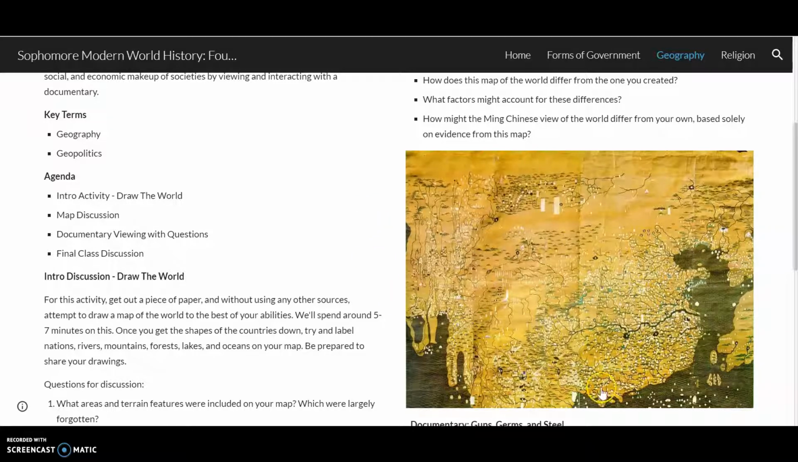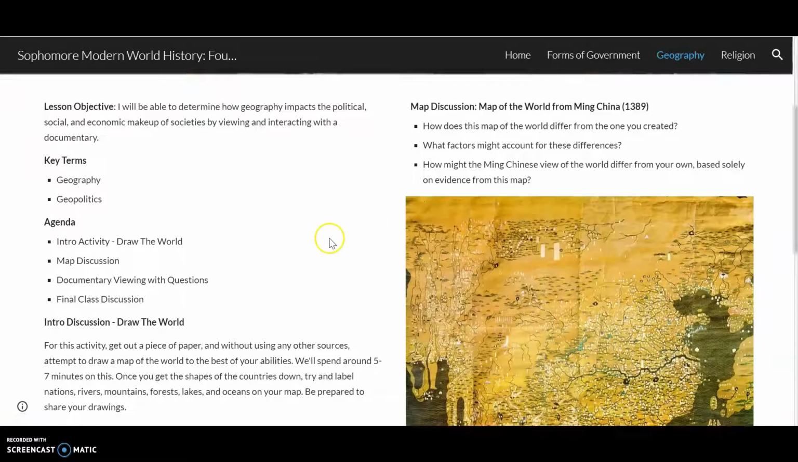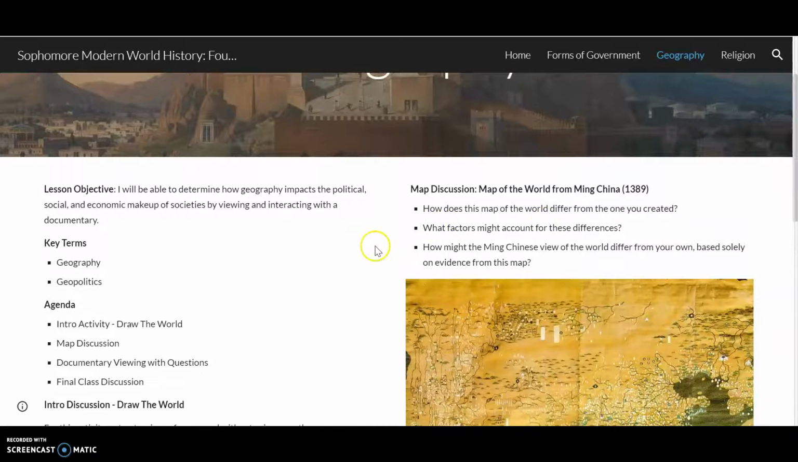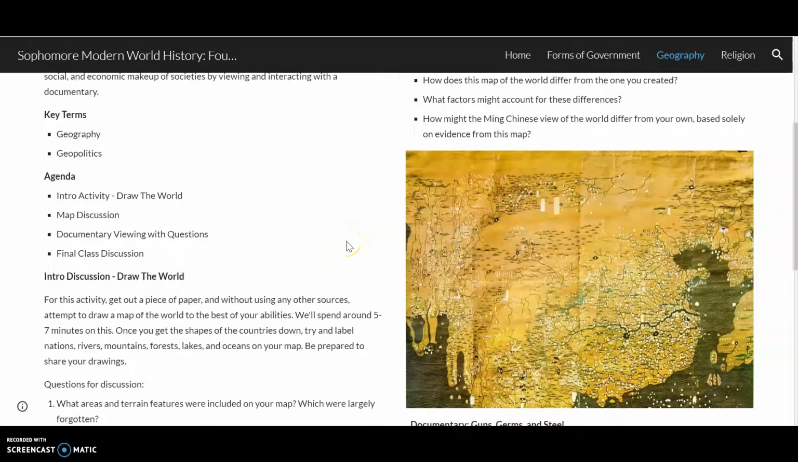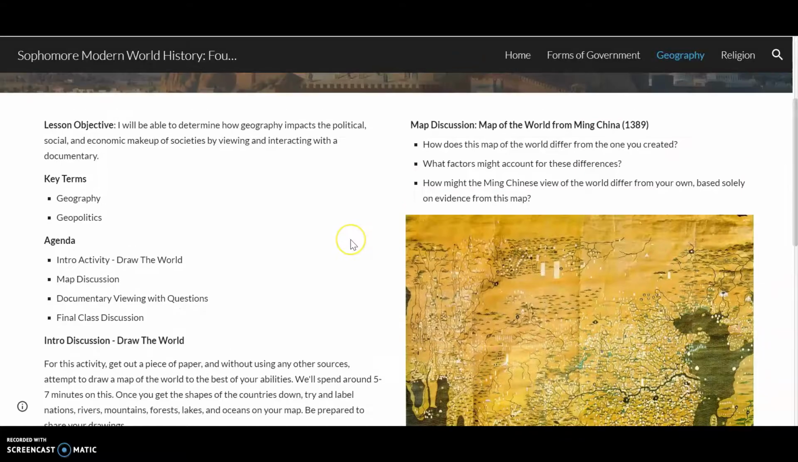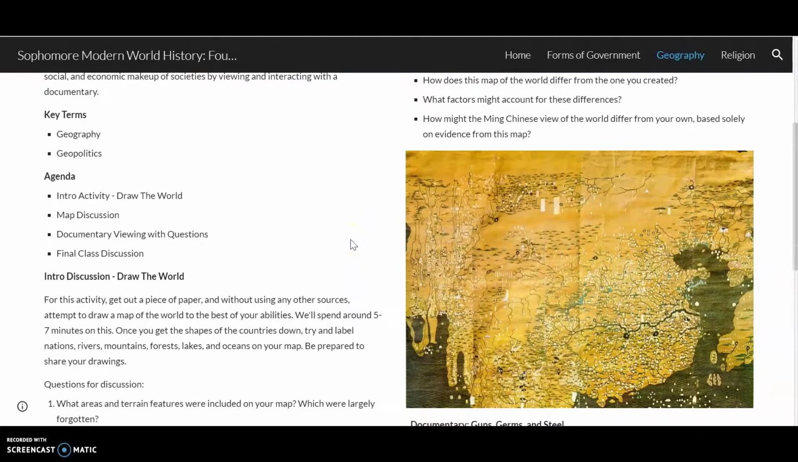They were like, this map had a lot more details, but overall is less accurate. Which factors might account for these differences? A lot of my kids were talking about how the Earth slightly changes over time. But then I prompted them, I was like, oh, what kind of technologies have changed? And they're like, satellites,